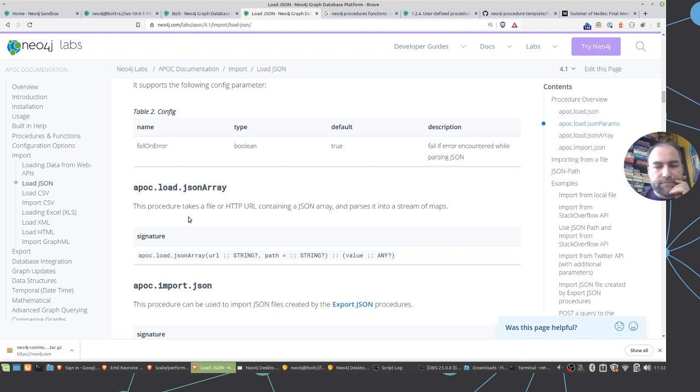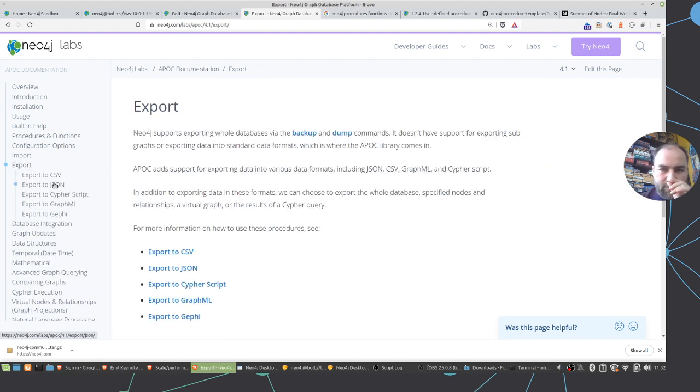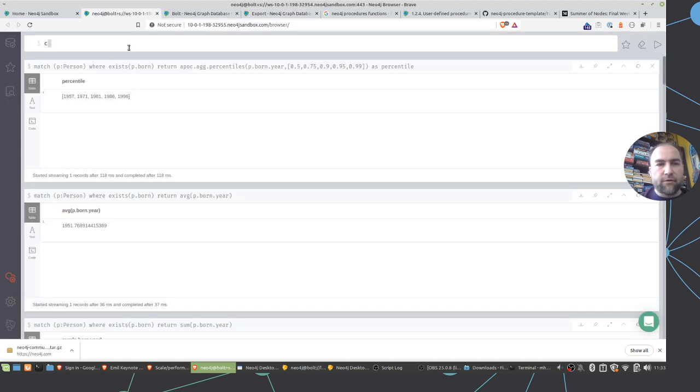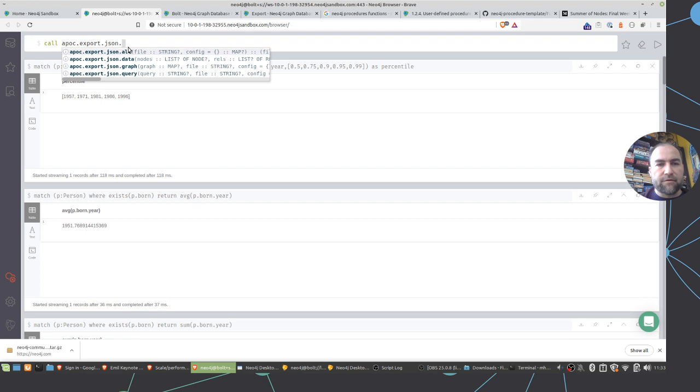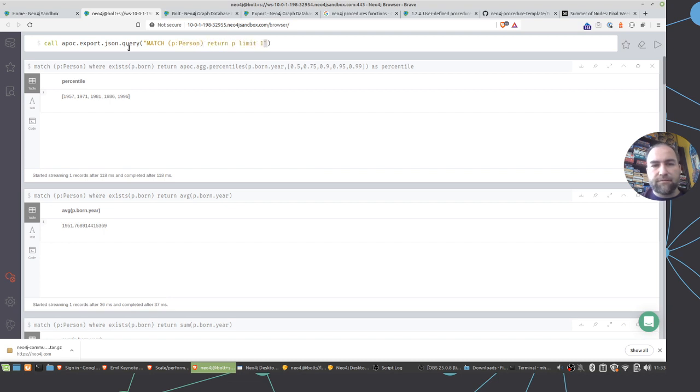Wikipedia data, I think. But what's actually more interesting is, imagine you have a cloud database. Locally we would do a call apoc.export.json.query, and then we can provide a query, for instance, match p person return p limit 10, and I give it a file name like people.json. I can do this usually, but of course if I have a remote cloud database, like in this case with my sandbox,